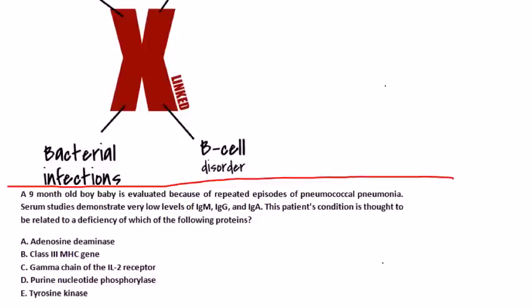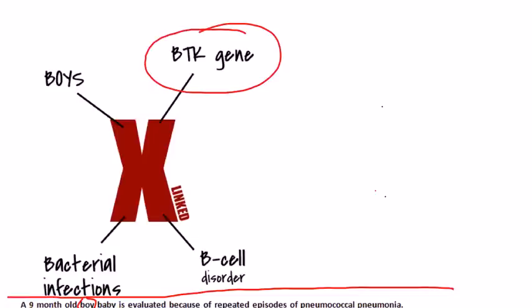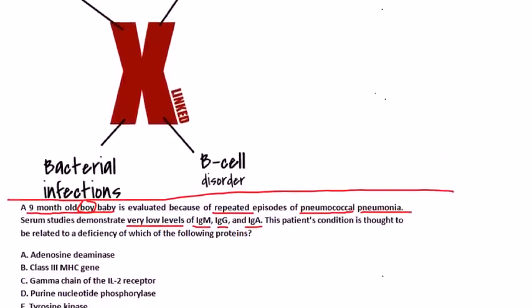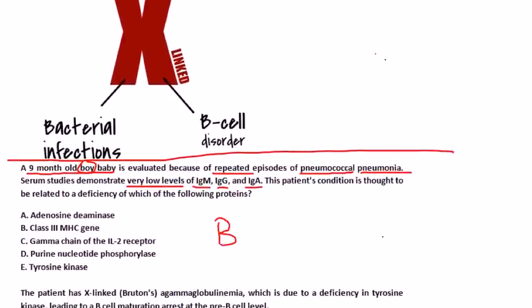So you have a 9-month-old baby boy who is evaluated because of repeated episodes of pneumococcal pneumonia. Serum studies demonstrate very low levels of IgM, IgG, IgA. This patient's condition is thought to be related to a deficiency of which of the following proteins? Well, you remember right here, the BTK gene is where the mutation is. And do you remember what BTK stands for? BTK stands for Bruton